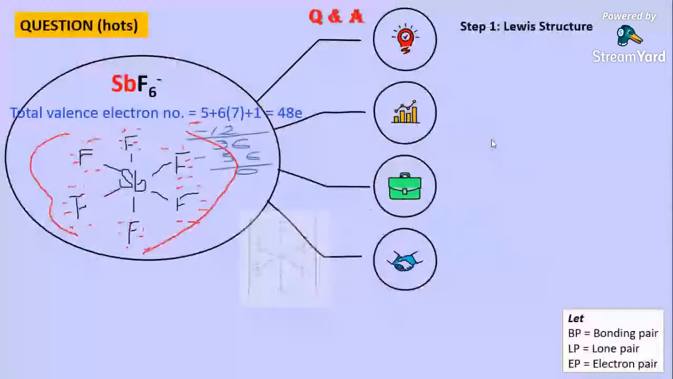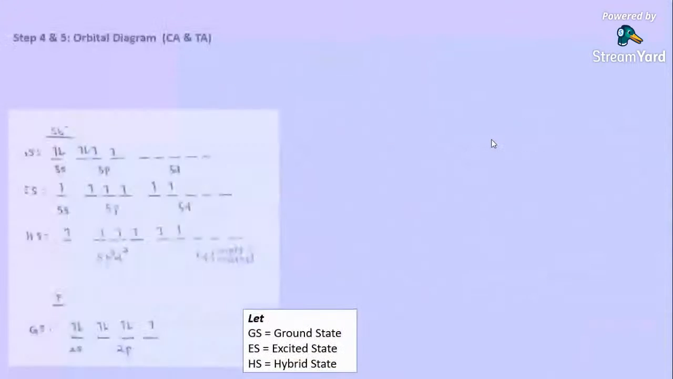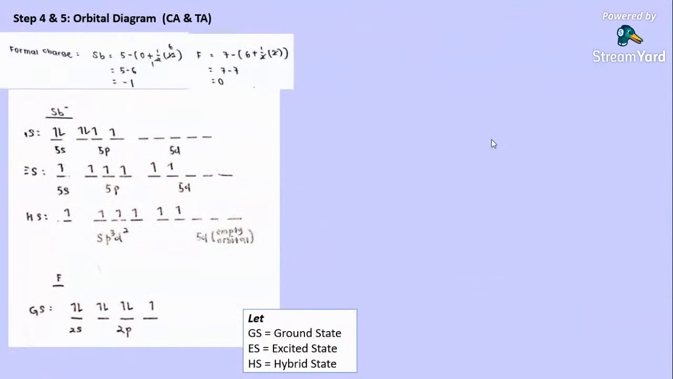Okay, so now we proceed to steps 3, 4, 5, then 7, drawing and explain. So this is step 4 and 5: the orbital diagram for the central atom and terminal atom. Okay, why is formal charge suddenly here? Because I want to show you